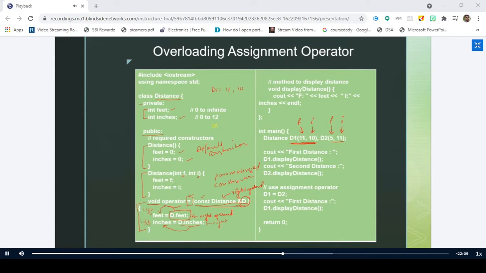Yes, sir. So I'm defining one more function, called display distance, where I am just making use of the cout function, printing feet as the output and inches as the output. Now coming back to the main function, what is this statement?